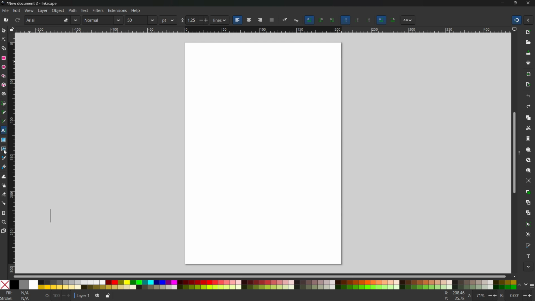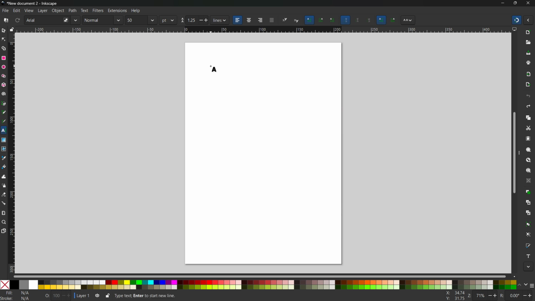Inkscape treats text as a live, editable object, so what you add now can be adjusted later without losing quality. To start, choose the Text tool. On the left, look for the icon that looks like a capital A. Clicking that tells Inkscape you want to create text, not shapes or paths. If you prefer using the keyboard, you can press the T key to select the same tool. Either way, you're switching into text mode and your cursor will be ready to place an insertion point on the